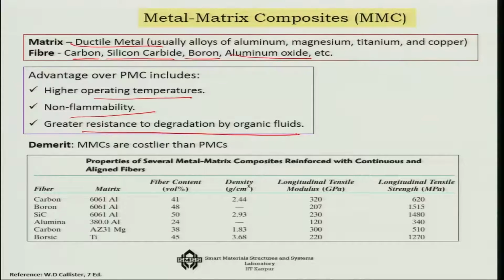In fact some of the MMCs, if you look at it, like carbon and aluminum as matrix, you can see you can get a very high tensile modulus, something like 320, and the strength is something like 620. So this is very high considering the density is only 2.44. Similarly, if you look at all of them, you will get an idea of where exactly we are in terms of metal matrix composites, and in almost all cases it is much better than the